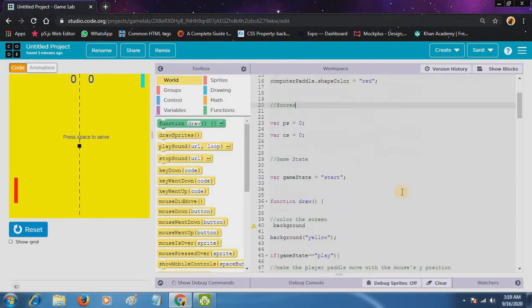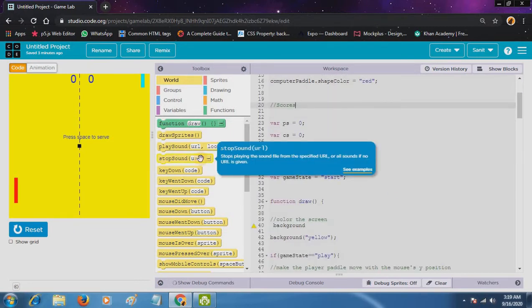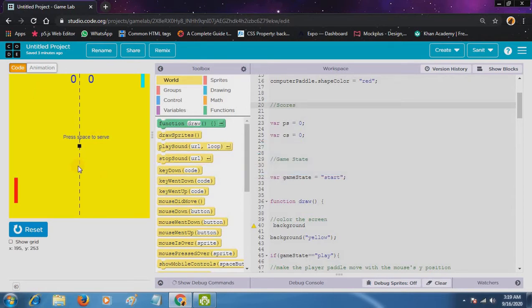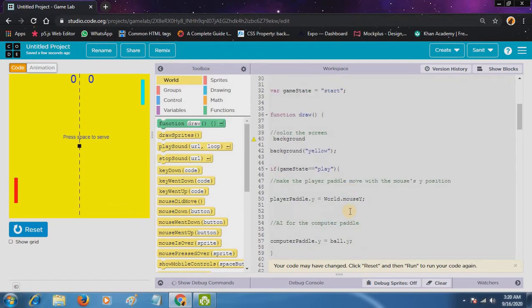So first we have to see when we need sound. First we need sound when we press space to serve the ball, when it hits the paddle, when it goes out of the boundary, when the game state is over, and when we press R to reset. Okay, so